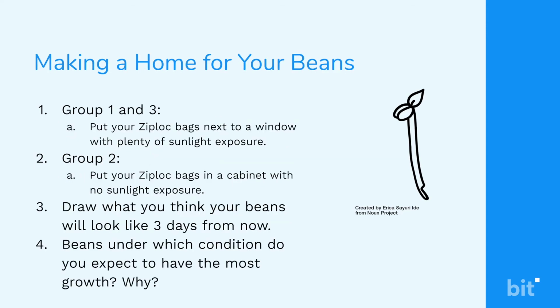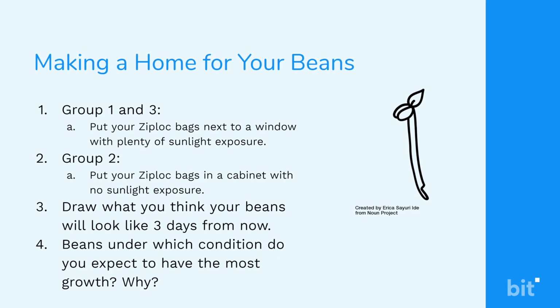Lastly, the volunteer instructor can instruct groups 1 and 3 to place their cotton balls and Ziploc bags next to a window with plenty of sunlight exposure, and group 2 to place their Ziploc bags in a cabinet with no sunlight exposure. After students are done putting their beans away, volunteer instructors should ask students to draw what they think their beans will look like 3 days from now, and which condition they expect the beans to grow the most under. After this point, volunteer instructors should also remind students to check on their beans every 3 days or so for the